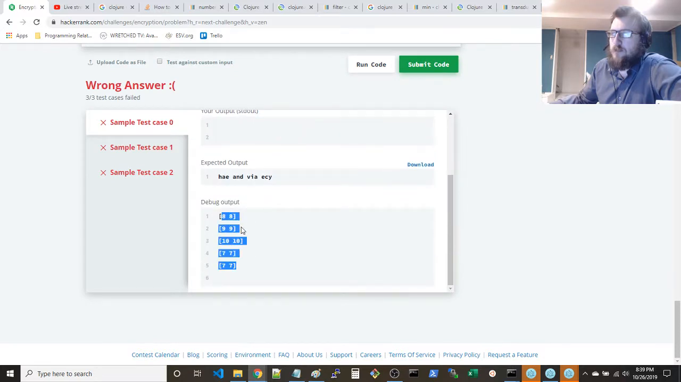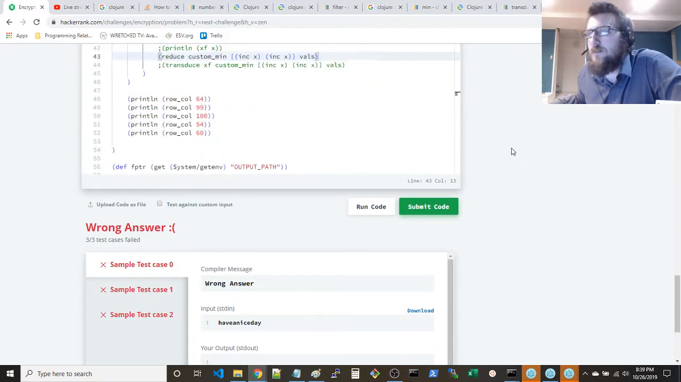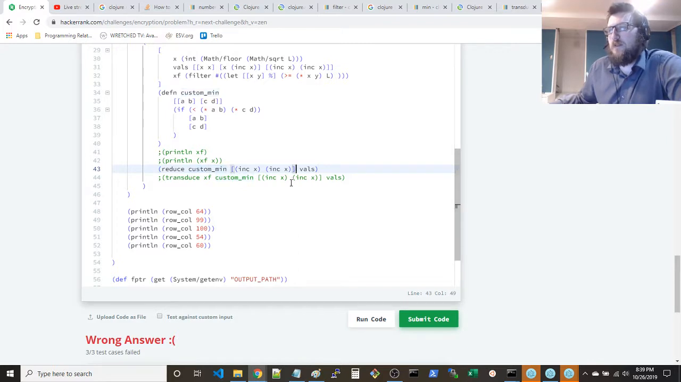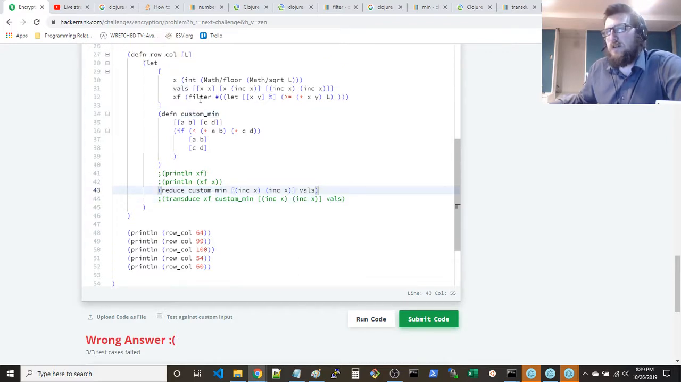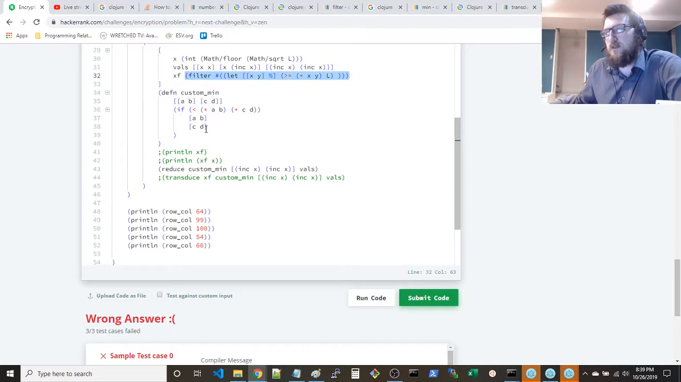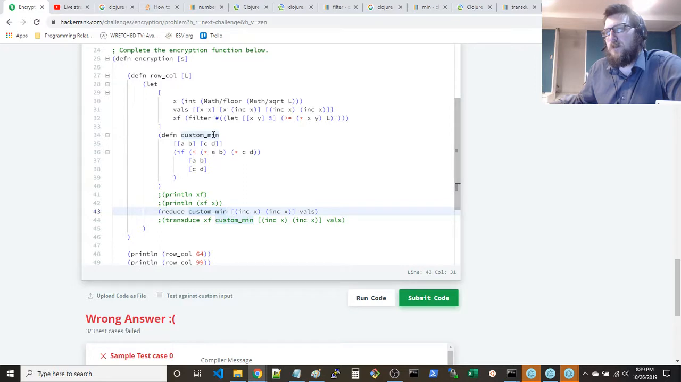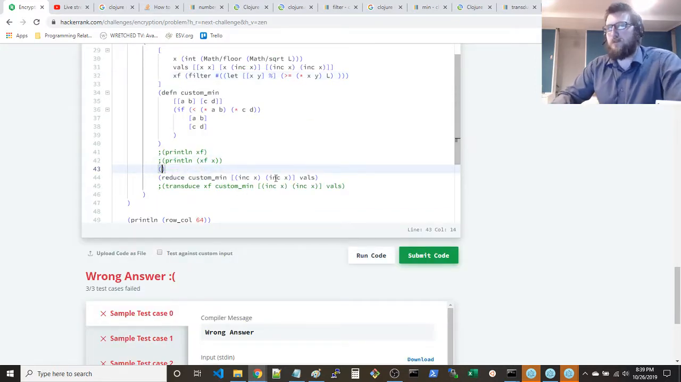Yeah. 88, 99, 10, 10, 7, 7. Now, that works fine. But the issue seems to be when you apply this reducer here. It doesn't want to do that. So what happens if you can we apply XF to custom min, and then can we try to do